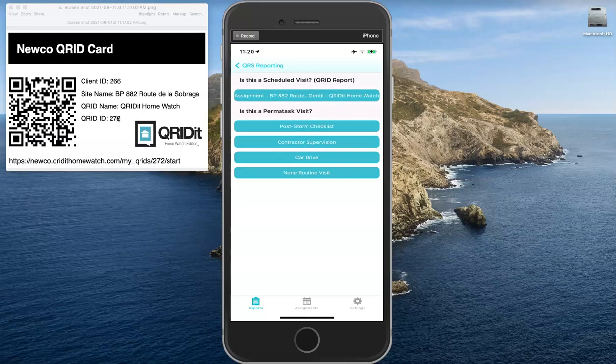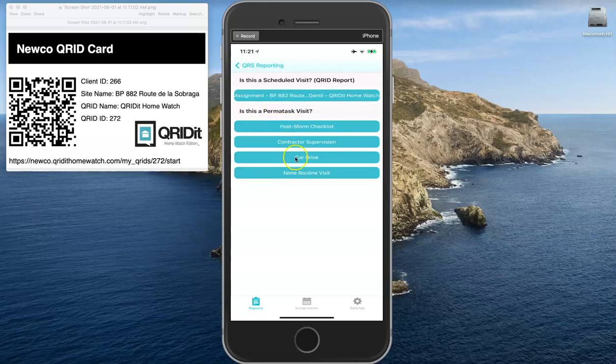And it's now going to ask you which checklist you wish to choose. So you have an assignment already, and it's going to say one of two things. Either it's assigned or this is an unscheduled visit. When it says unscheduled visit, all that means is you don't have an assignment. You've scanned the QR code, it's looked, there's no assignment, and it's the same thing. The only difference is this particular visit that we're doing has an assignment,